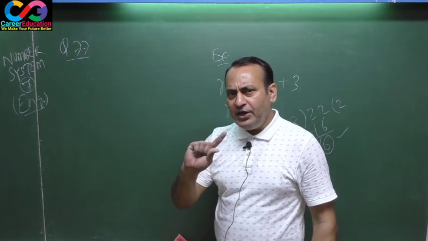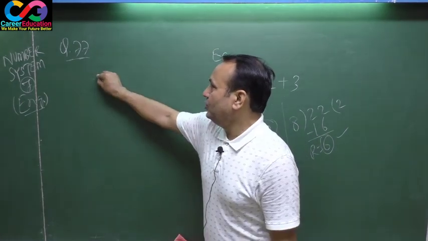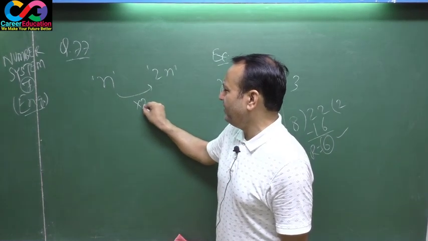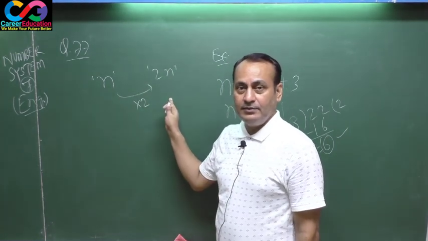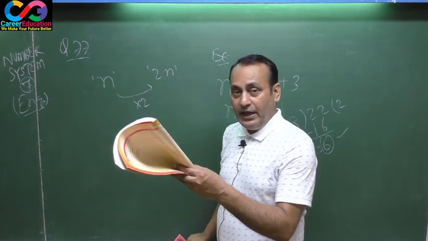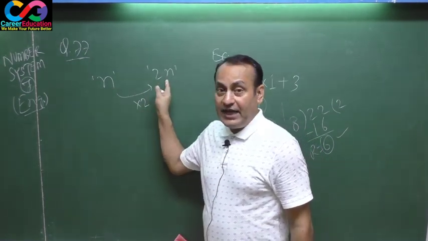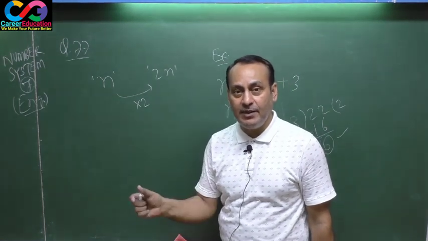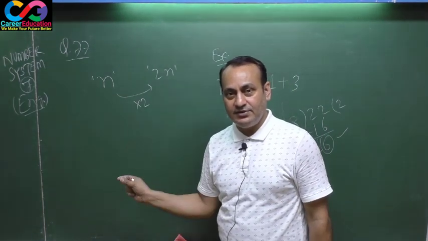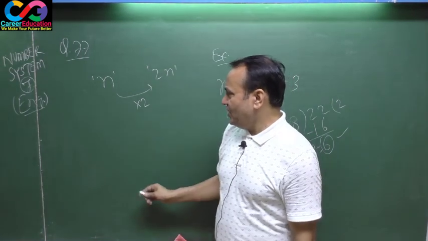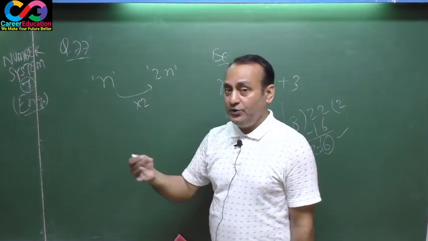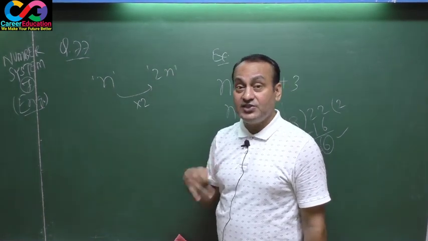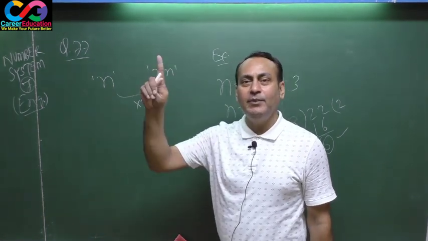That means your dividend has been doubled. See here, your dividend has been doubled, but the divisors are the same every time. That was 8, that is 8. In such cases, if you keep the divisors the same every time, but the dividend is doubled, certainly the prior remainder will be doubled.